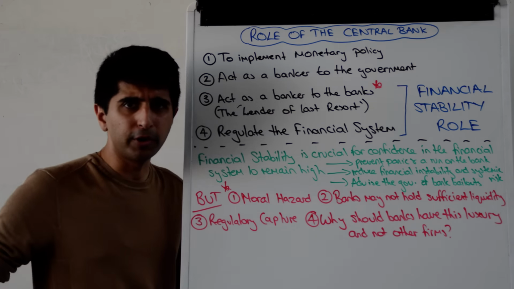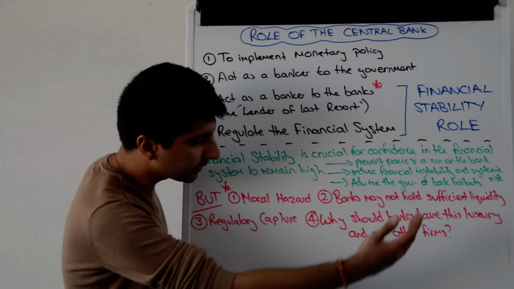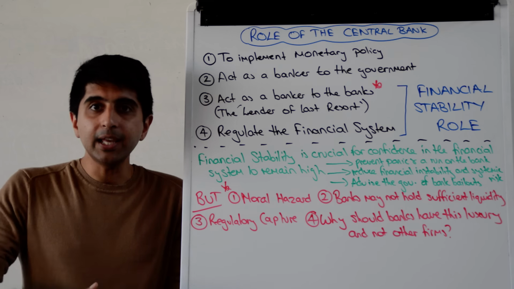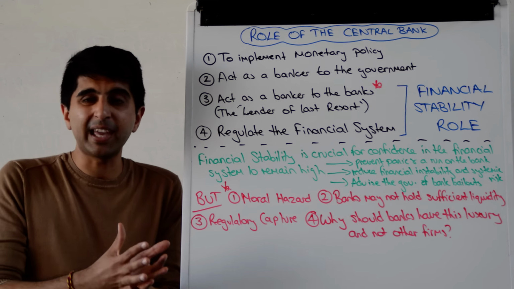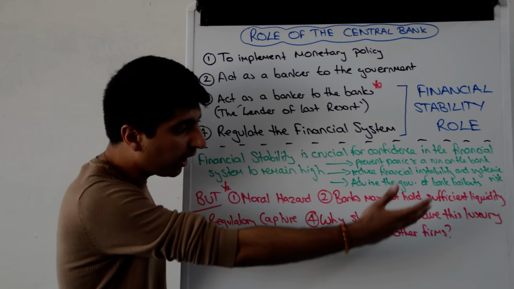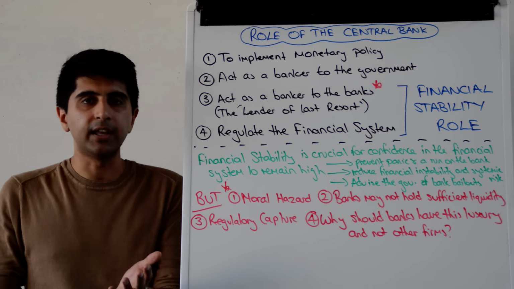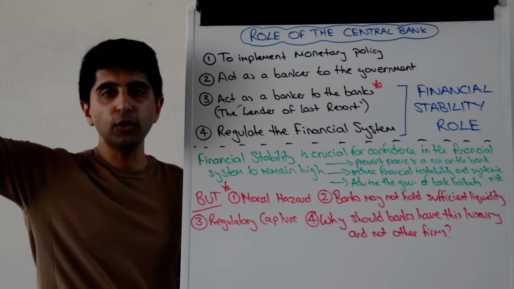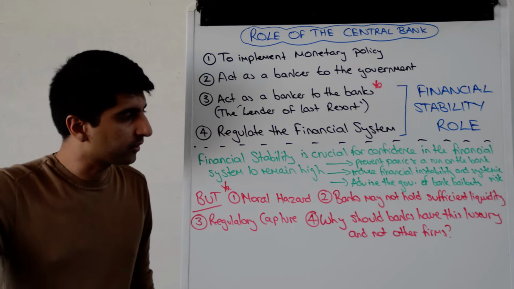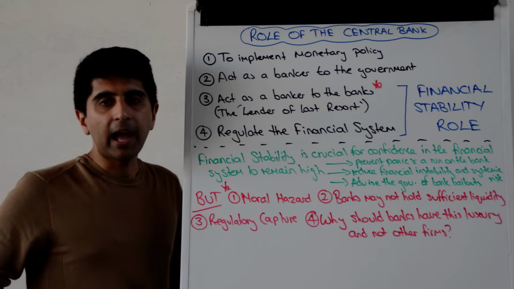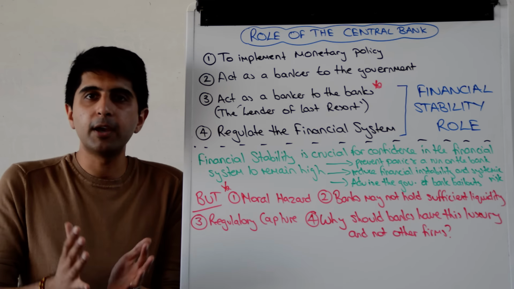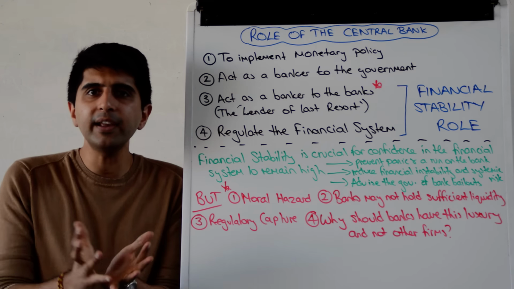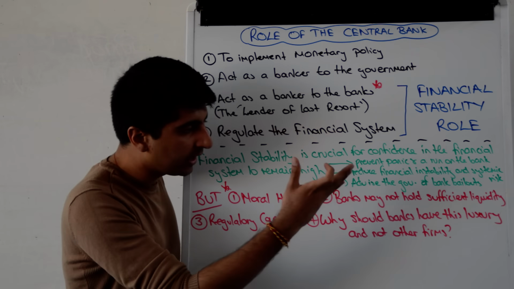And also, this is a good point to evaluate, right? Why should banks have this luxury of getting emergency liquidity, of essentially being helped out in times of crisis, when other firms in the industry don't have this luxury? If they go into trouble, well, off you go, you're bankrupt, goodbye, do something else. Whereas banks, they might have a way of continuing with this emergency liquidity that the central bank offers. Why is that fair? Why should they get this and not other firms?